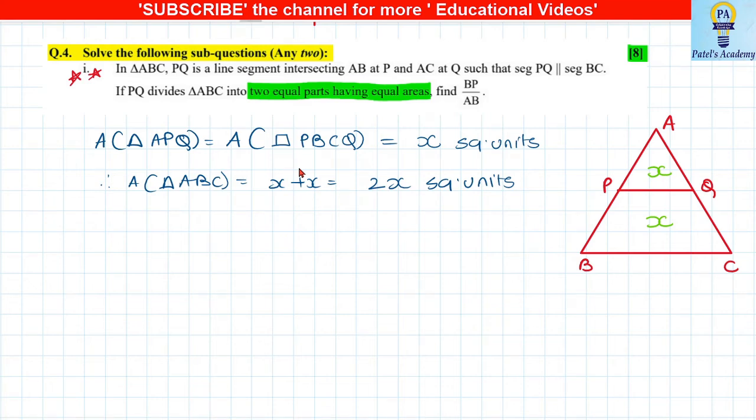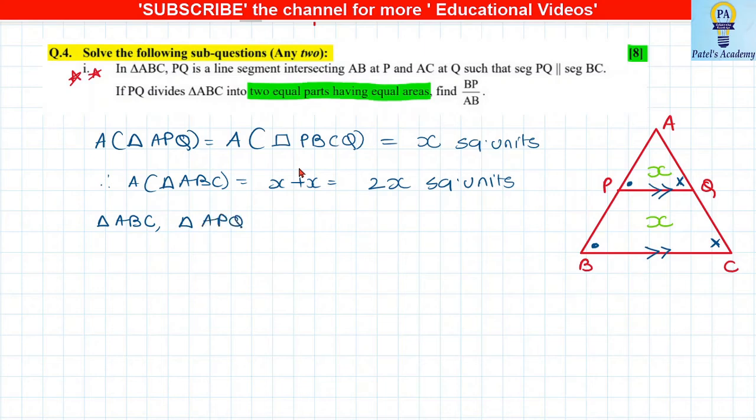Now let us prove the triangles similar. They have given that PQ is parallel to BC. So see the figure. Can I take this angle P over here equal to this angle B? These are nothing but corresponding angles. I'm putting a dot, and this angle Q, where I'm putting a cross, will be equal to this angle C. These are also called corresponding angles. So we are proving two triangles similar. What are those two triangles? We are talking about the big triangle, that is triangle ABC and triangle APQ.